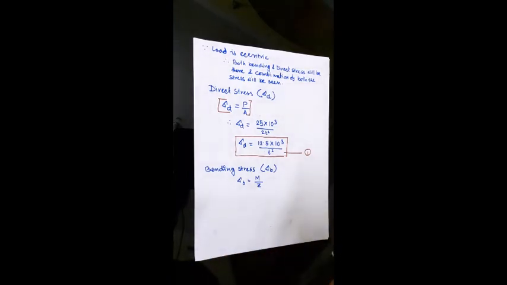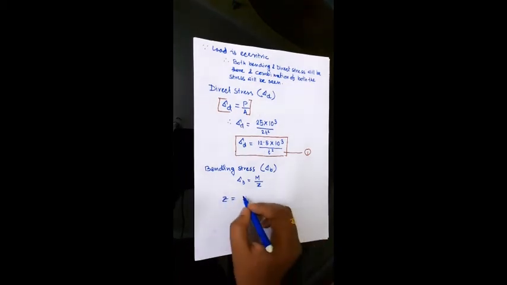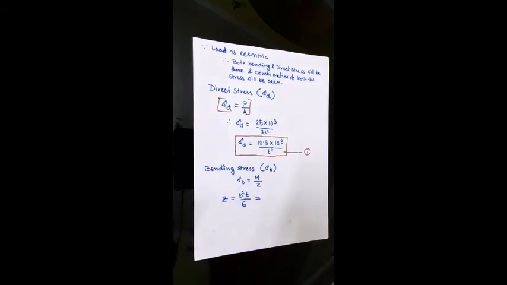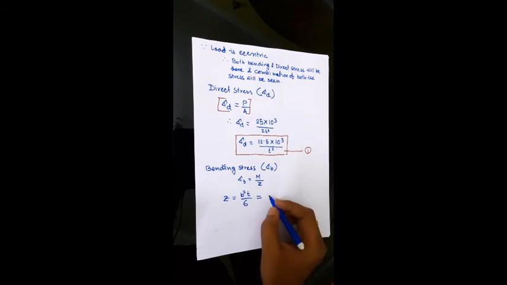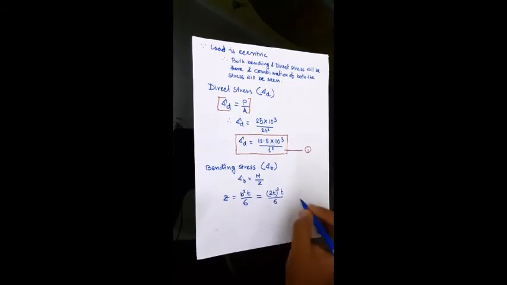The value of this section modulus will be as per the previous one, that is b square t by 6. This will be your value of section modulus. Now we know that the value of b is nothing but 2t, so we can write 2t square into t by 6. That would give us